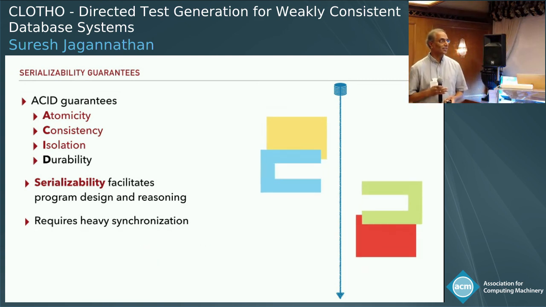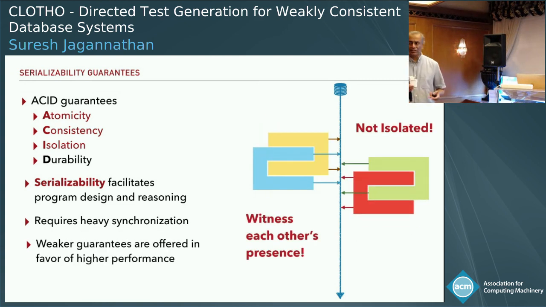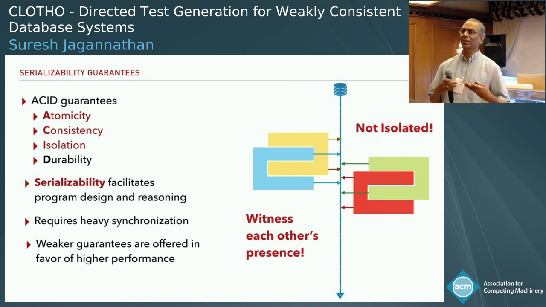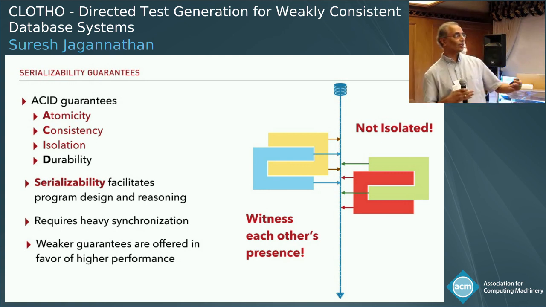So what actually happens is real implementations in practice will in fact break pleasant properties like isolation in pursuit of scalability and efficiency. And so now all of a sudden, this very, very elegant model that we've come up with no longer applies in practice. We actually have transactions that may in fact witness the behavior of other transactions or the effects of other transactions as they execute.